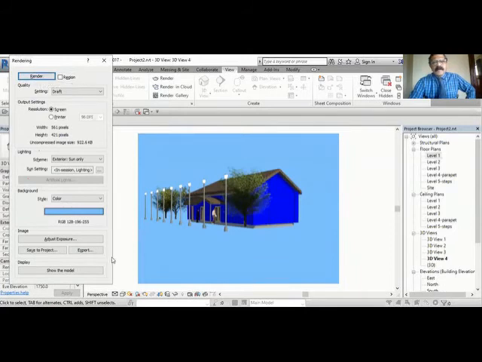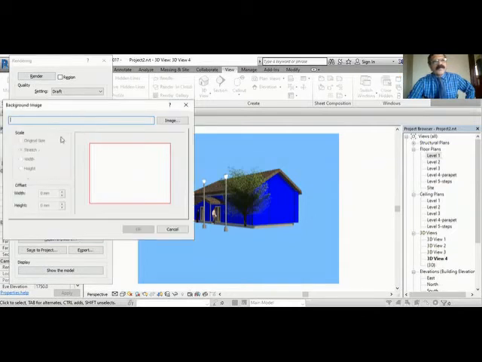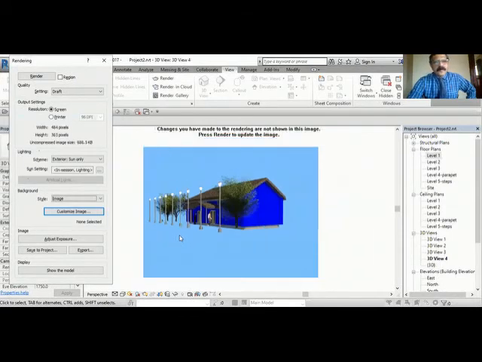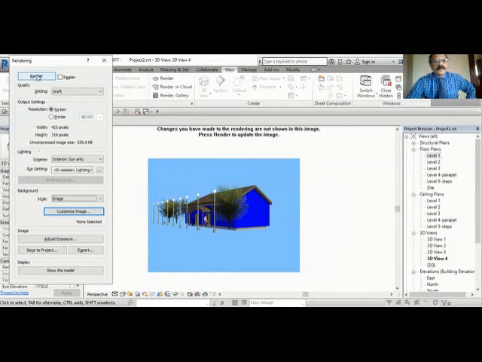Even if you have the site picture, you can keep that picture as your background. If you want to keep an image as a background, you can do that using background image. So if you have an image, what you usually do is go to the site and take the site picture itself. You can keep that as the background and adjust the position of the camera so that it matches with your site image. So you click it, get the image, and insert it here. You can try that. Okay. I did not want an image now.